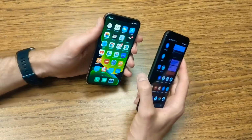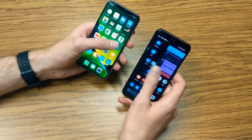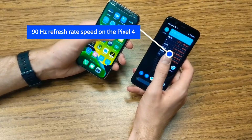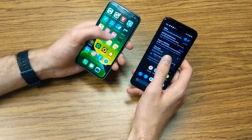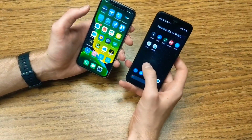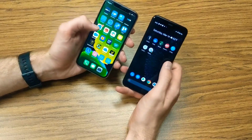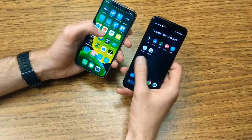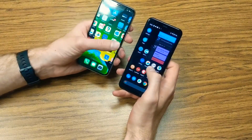So water resistance, they're about the same. The displays are pretty equal, I'd say. This one's obviously the newer 90 Hertz speed, which means it's supposedly faster. However, what I honestly feel is that the Google Pixel seems fast, snappy, whereas the iPhone seems smooth, snappy. So they're different kinds of fast. That's Apple versus